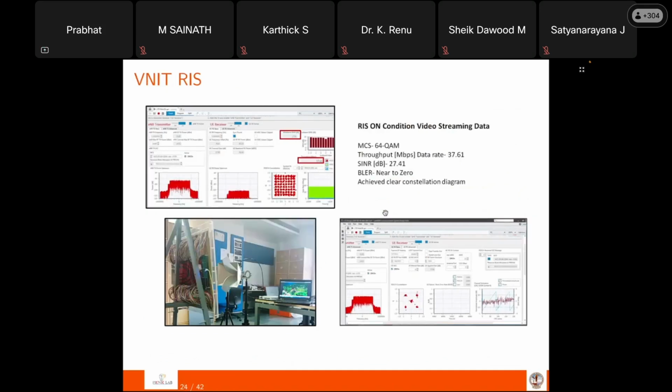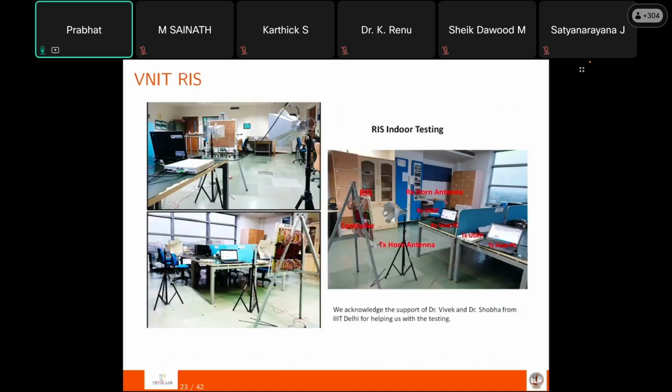Whatever we say in theory, that RIS is going to increase the signal to noise ratio and improve the system performance, we could implement that system and verify the theoretical claims. Yes, there was a gain in the signal strength. The elements were reflecting, and in a given pattern they were beamforming at a particular location. All these claims were validated, but we could not achieve the theoretically promised SNR gains, maybe because